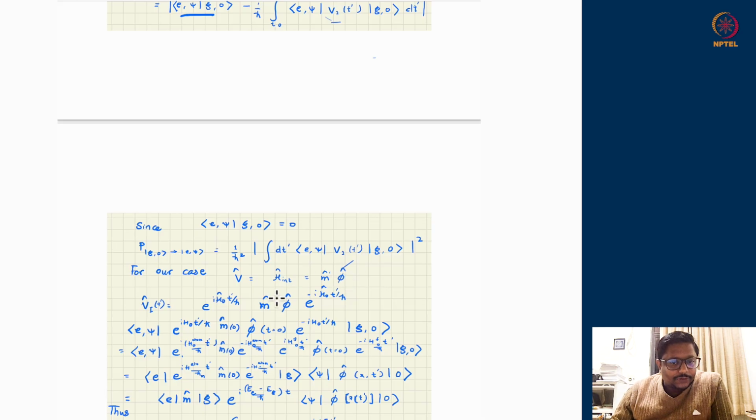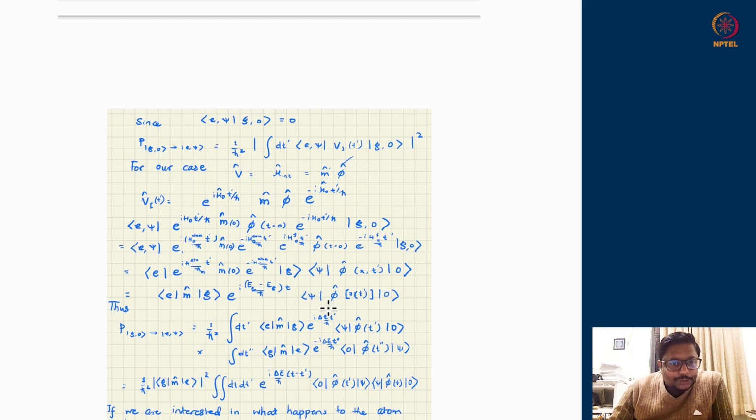Its interaction version will be the operator squeezed between the unitaries of the free Hamiltonian, H naught. H naught is composed of two Hamiltonians, of atom and field, put together. Now recall that if I have to write V_I of t prime in the interaction picture, the two exponentials come on the left and right-hand side with the same time parameter t prime. In the unitary of Schrodinger and interaction, the two different exponentials come at two different times on left and right. This was just to be careful about.